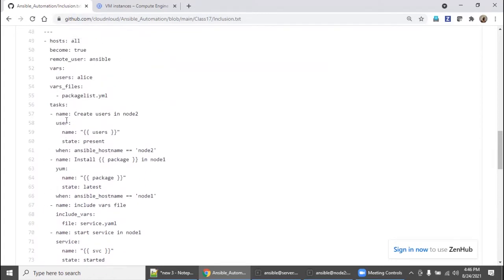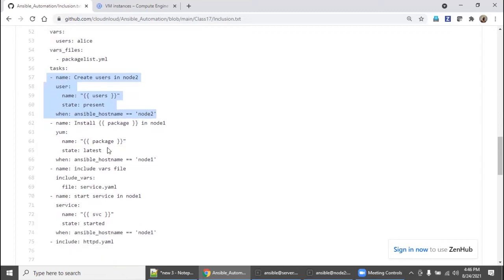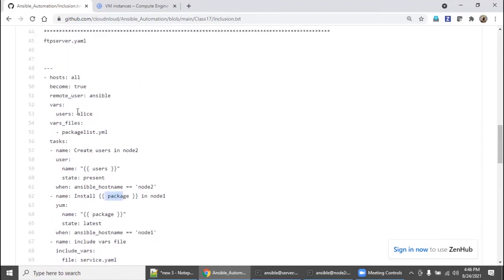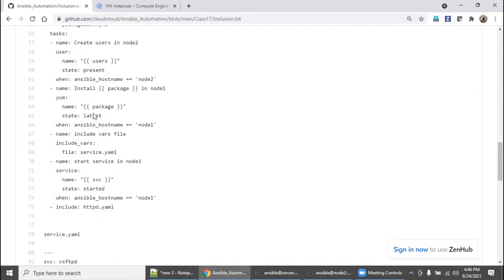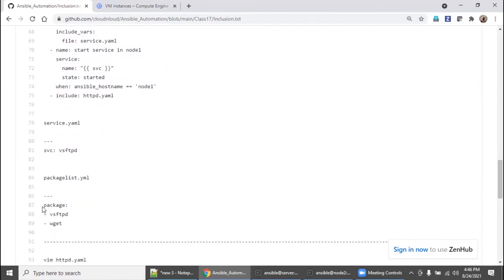Go above, then you create users, and I want to create these users only on node 2. Even though you are calling all, I want this play to be executed only on a particular node, which we saw a couple of classes back. And also install package. The package variable we haven't declared in this playbook, correct? If you go down, there is a package variable we have declared here.